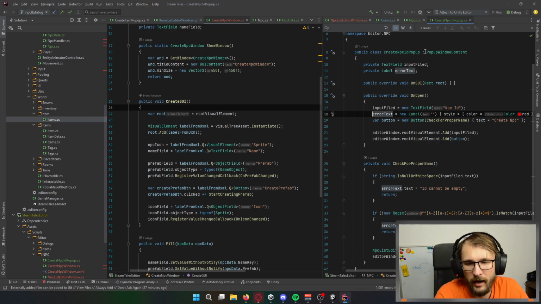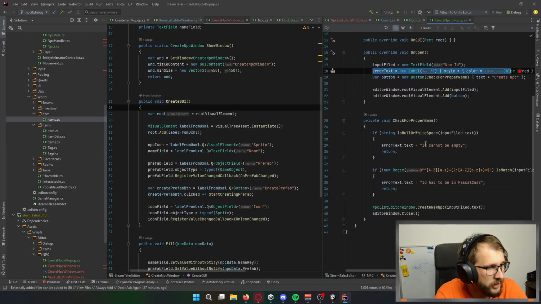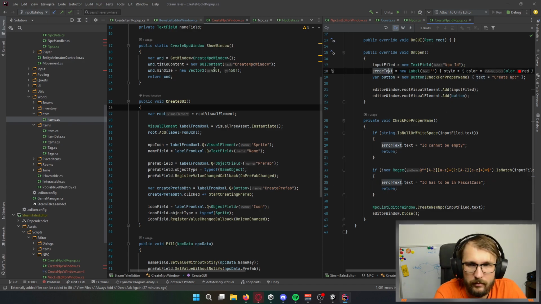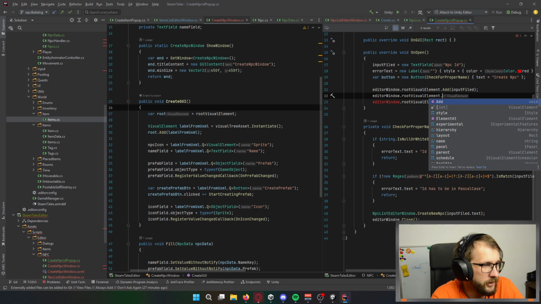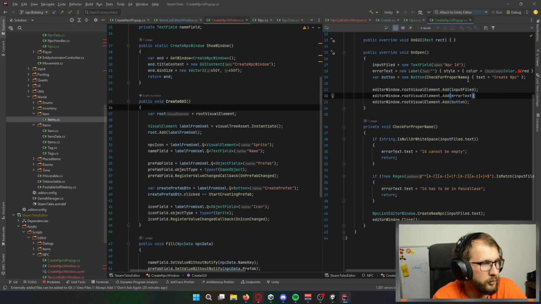So tomorrow I will focus on this error text. I will check why nothing is showing here. I already know why it's not showing. Error text. Now it will work.